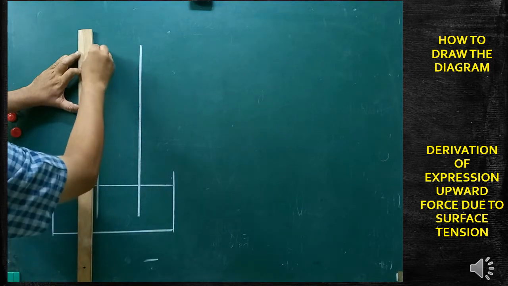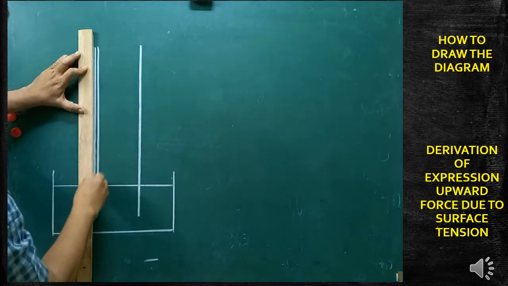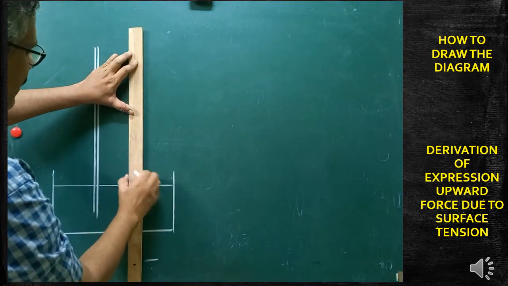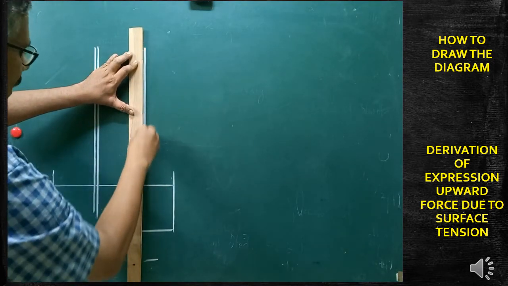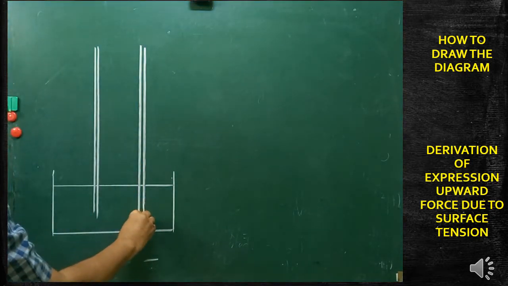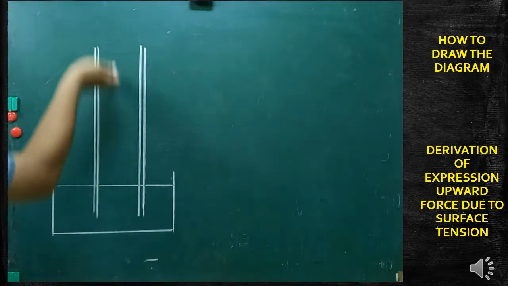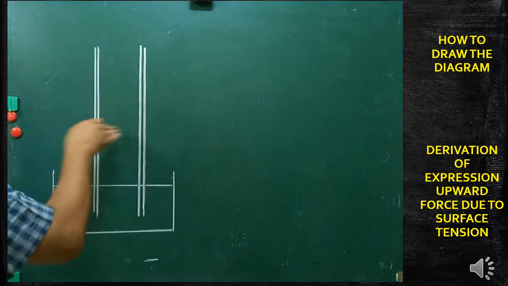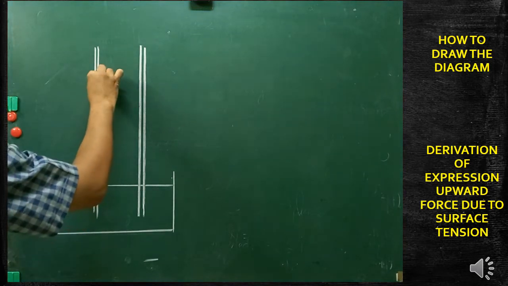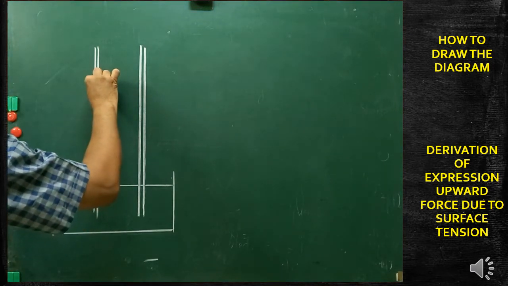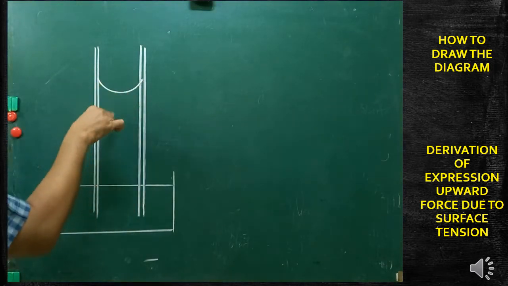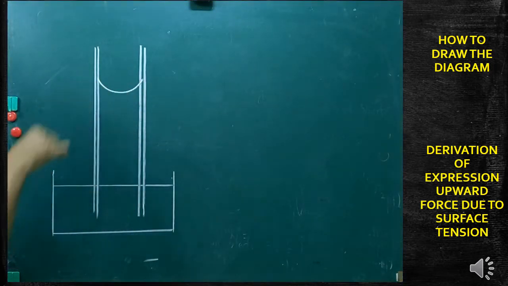After dipping, the water will be rising through the narrow hole that is within the capillary tube. That is due to capillary action. As soon as it is dipped, what will happen? The water will be rising here. Here we are going to see the magnified part of the capillary rise. Here you have to imagine that this is the level of water. This is the surface of water which is shown here after the capillary rise.